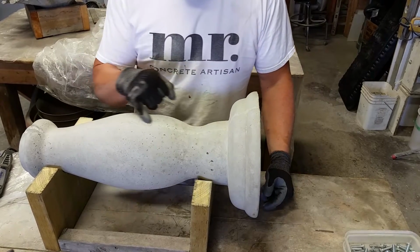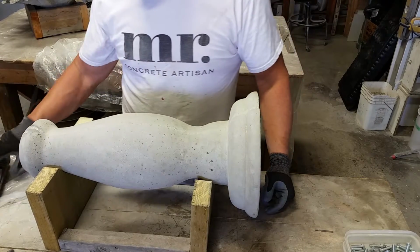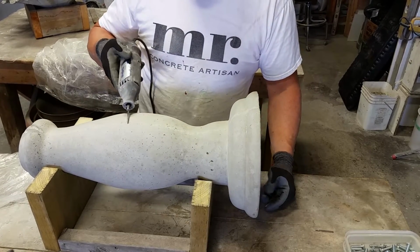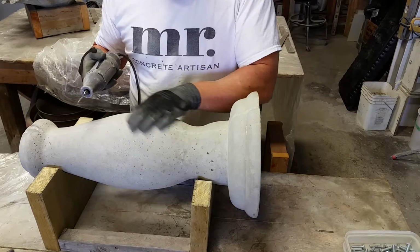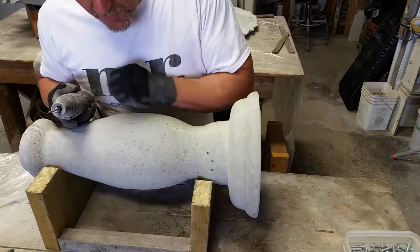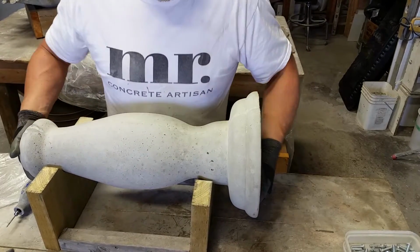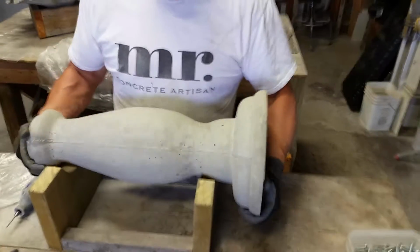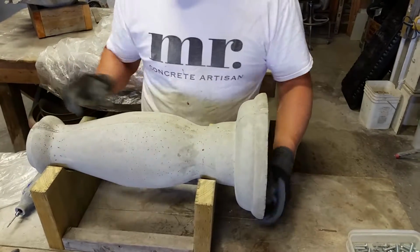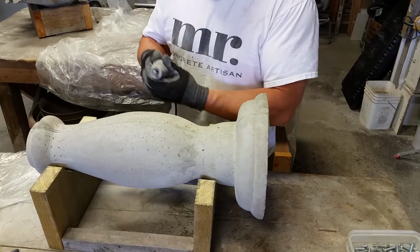So what I've done on this side is excavate the site with the Dremel, going down below the plane of the base, so I can get some plaster on here. I picked the ugliest one I had on purpose, so it can get some plaster rework on it. There's lots of bug holes and stuff on here. So you can see on this side that the seam is still exposed. So all I did is just come along with